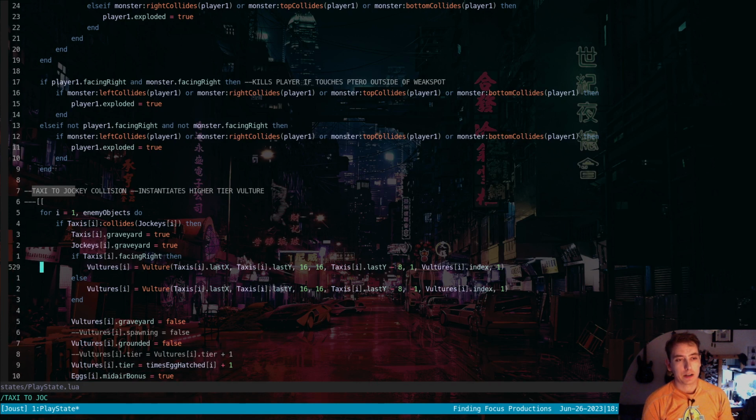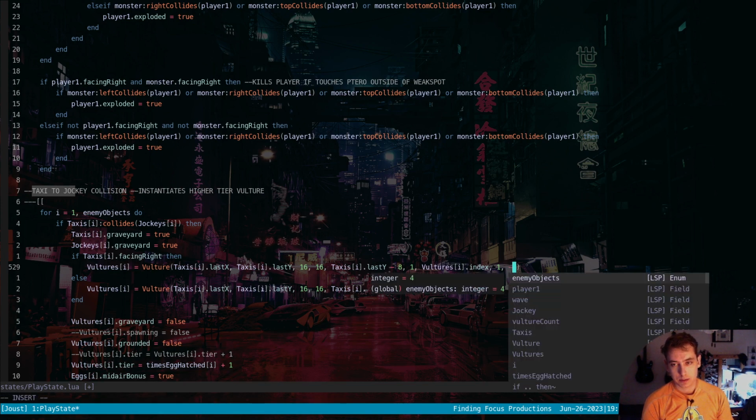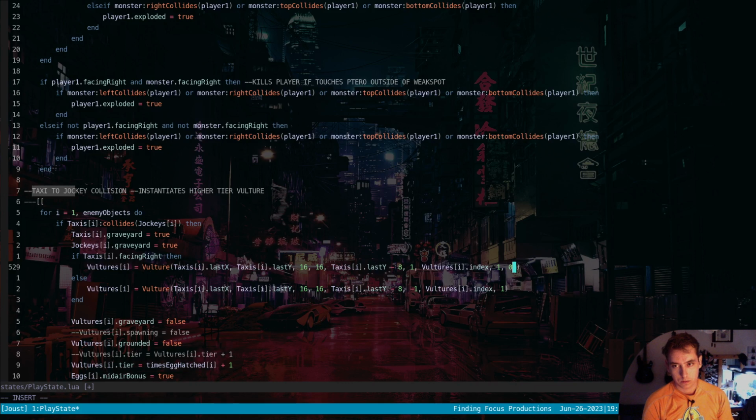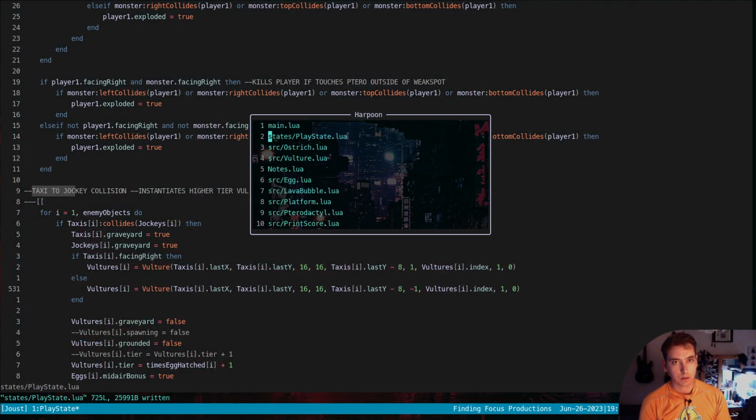See how we're not actually giving a parameter of spawn delay here. So if we give ourselves a spawn delay of 0, okay, now we give ourselves a 0 spawn delay, and if we take a look at our vulture